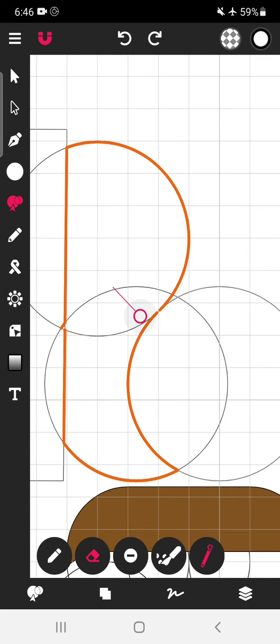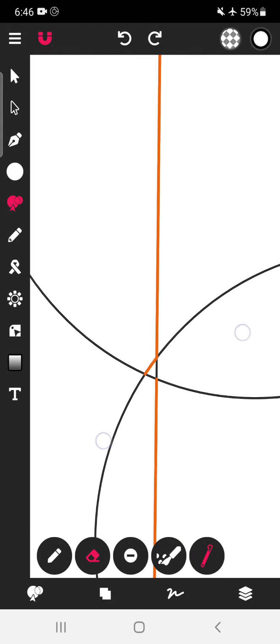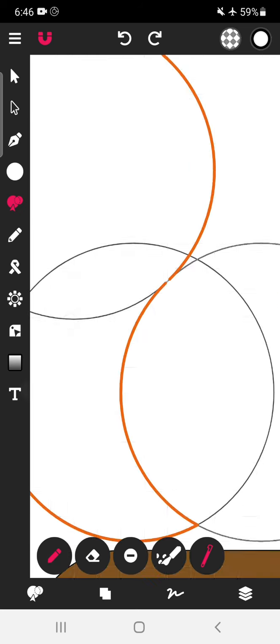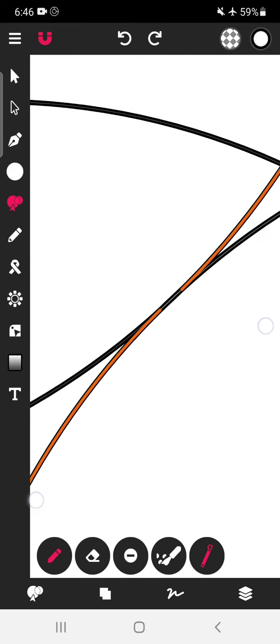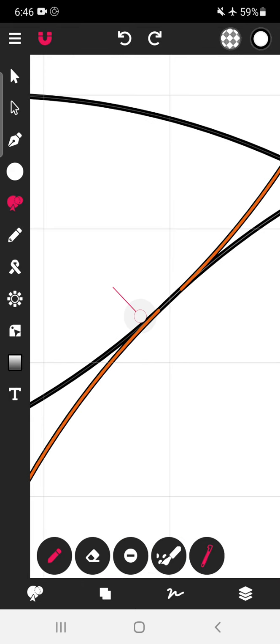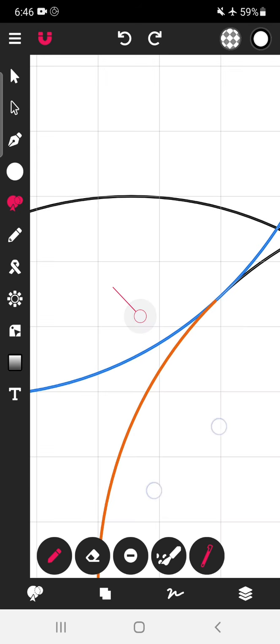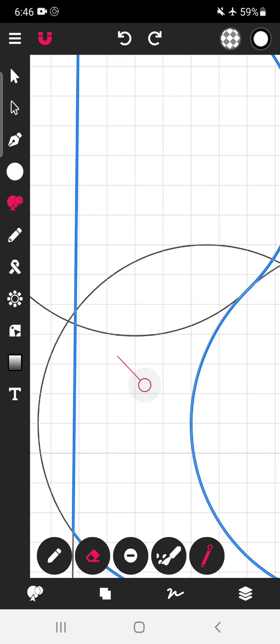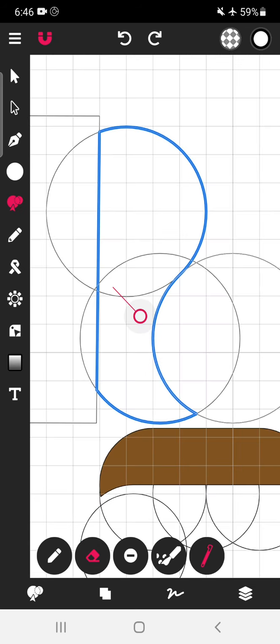So it is not a closed shape. What are the problems? Here is the problem. And here is another problem. So as soon as the shape gets closed, it gets converted into blue color.